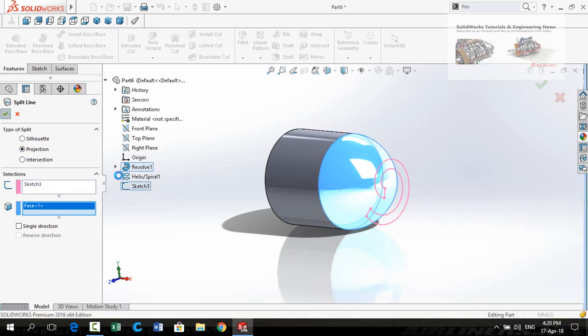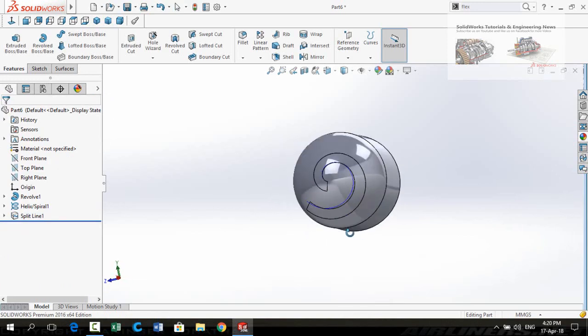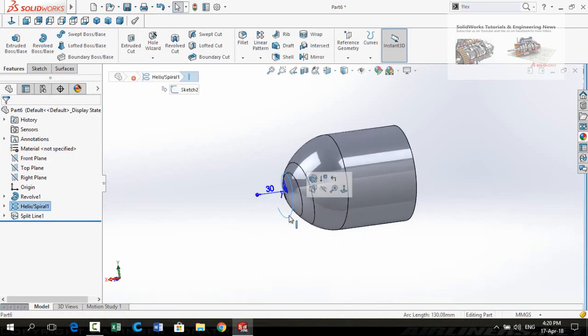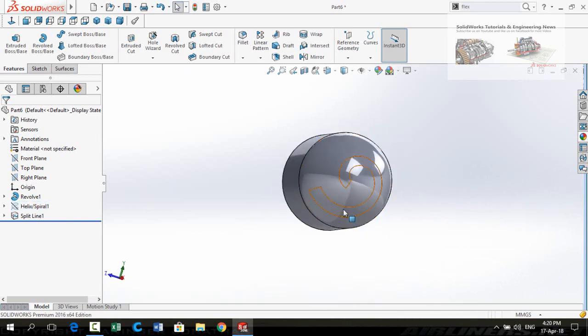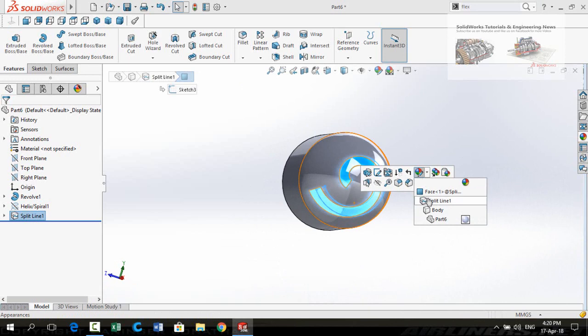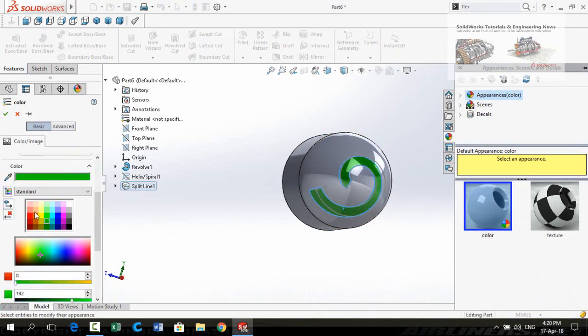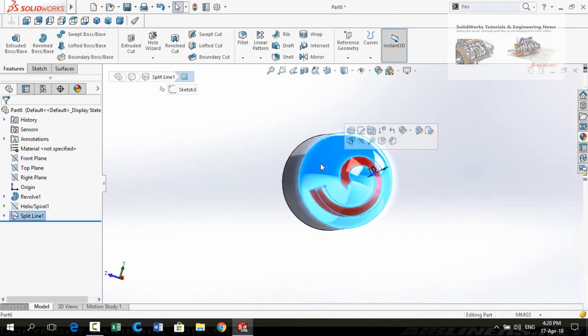Now simply press OK button. Hide this spiral. Select this face to change its color. Now select this face.